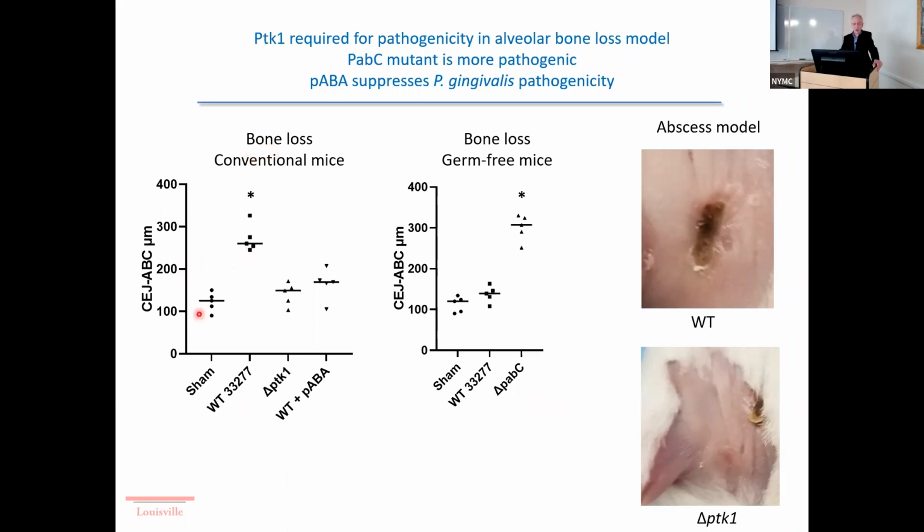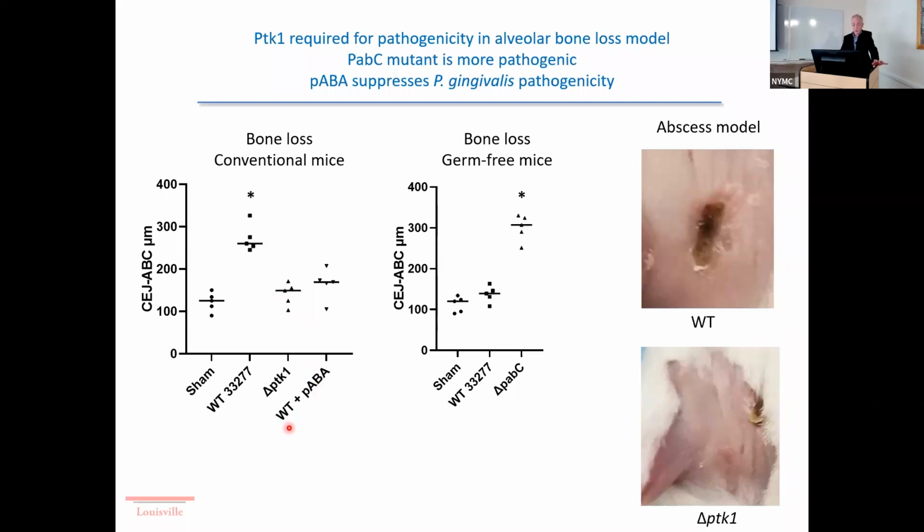Again, level of bone loss, sham infection, or wild type infection, and again, this time we get reasonable levels of bone loss. PTK1 mutant, so no PTK1, or potentially the same if we inhibited it. Bone loss is pretty much back to sham infection levels. Then interestingly,